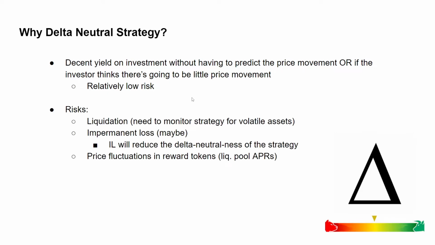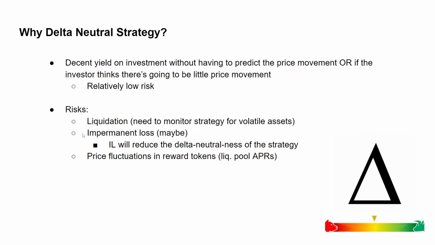The risks are, but are not limited to, liquidation. Anytime that a short position is opened on an asset, there is some borrowing involved. And whenever there's borrowing of an asset, that means in DeFi at least, there has to be use of collateral. And when the collateral moves in price such that the protocol or the platform that we've borrowed from doesn't think we can pay back the loan, then it's at risk of liquidation. Because there's this risk, it's wise to monitor the strategy if the underlying asset of the delta neutral strategy is